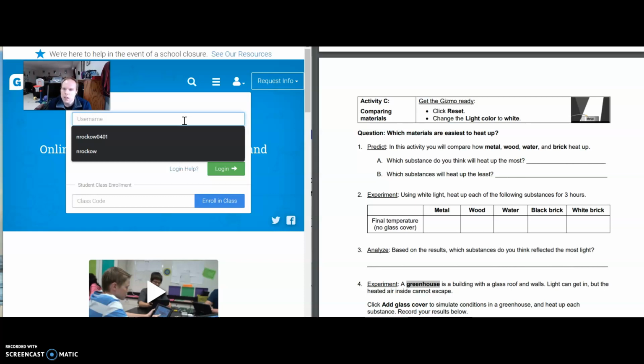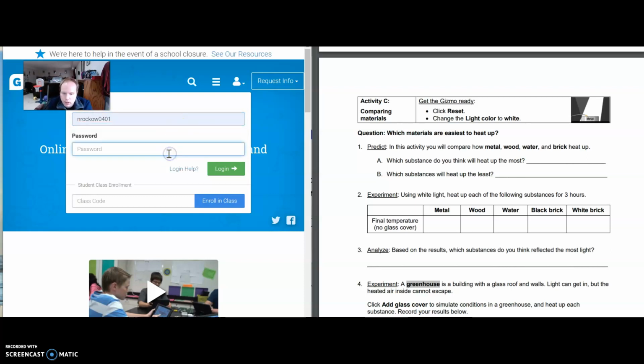For some of you, you may need to put your first initial in front of the ID number, and then use your Schoology password. So if you tried to log in and it's not working, we wrote down our login name and our password on the first page of our planner, so you can check there. If you don't have that, you can send me a Schoology message and I'll send you your account information back as soon as possible. Okay, so you're going to go ahead and log in to your account,